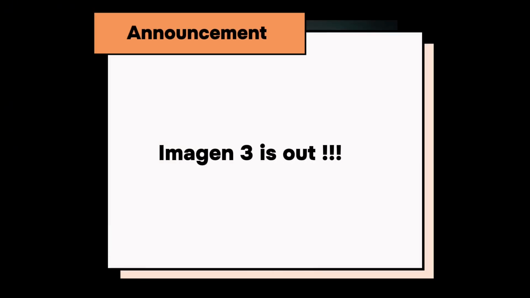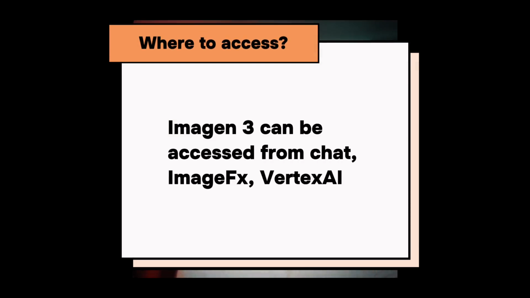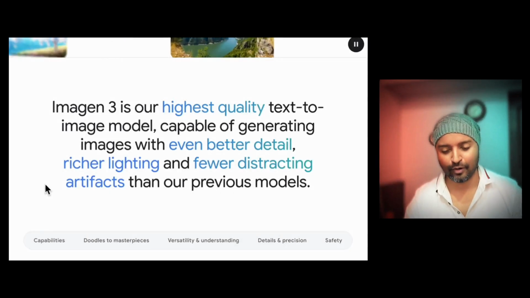Google's best image generation model, Imagen 3, is out, and in this video we are going to check out how to go about using it and where is the best place to actually use it, because it's already available in Gemini, but is that chat window the best place to use this? Before we get to using it, let's check out some of the demo images that we have from the Deepmind